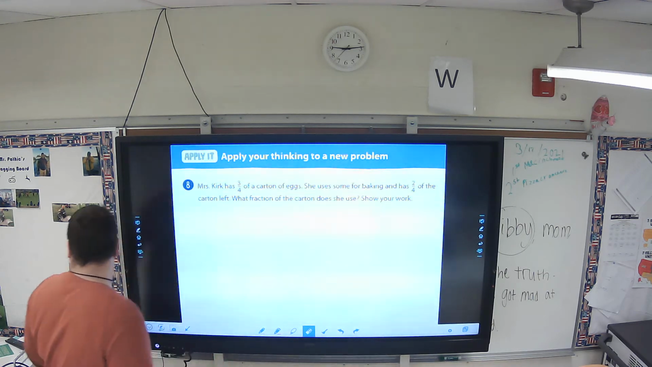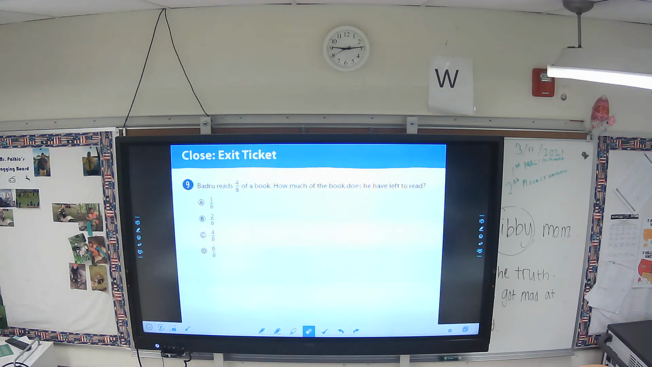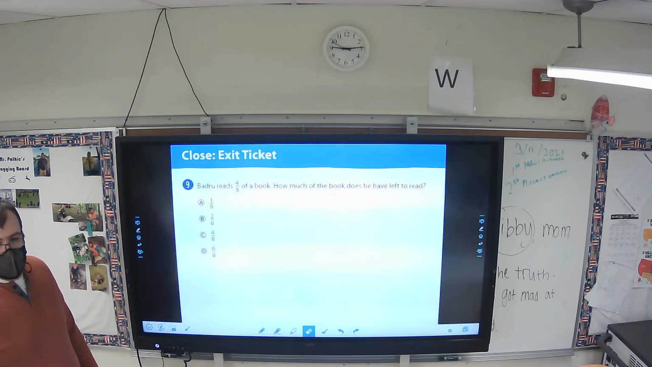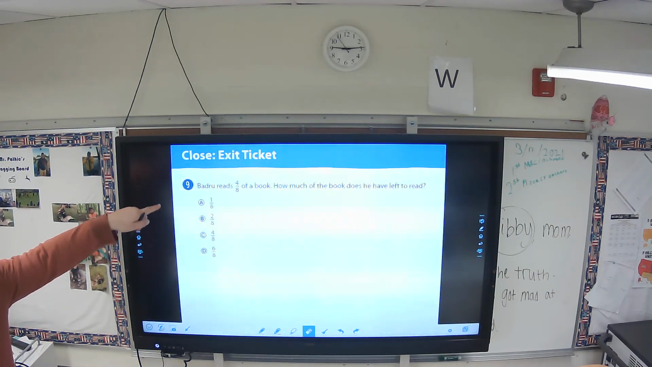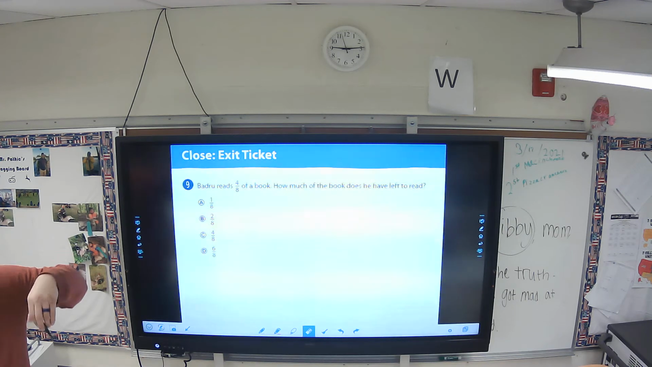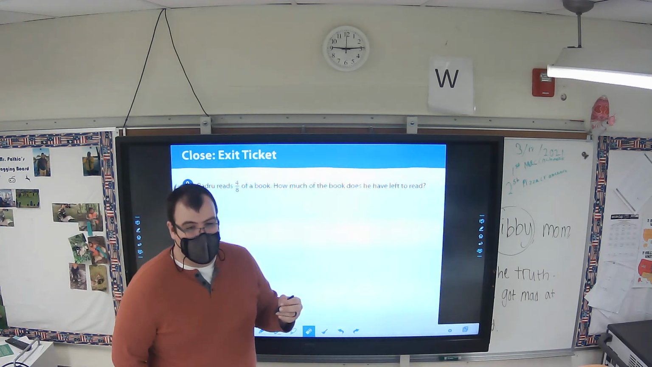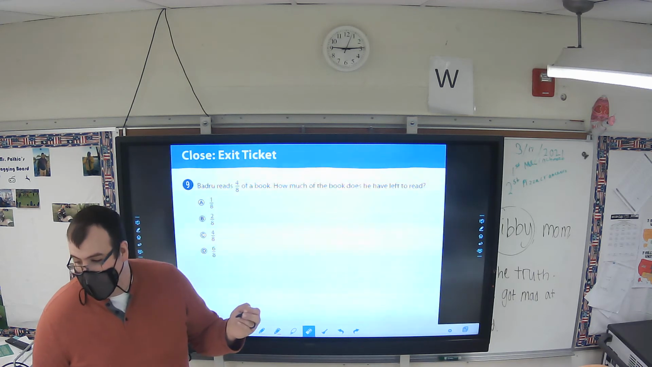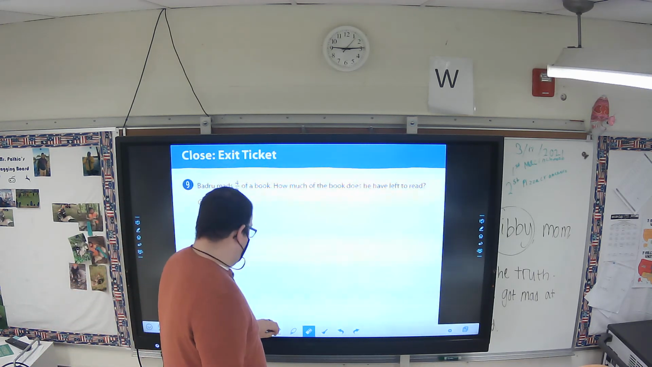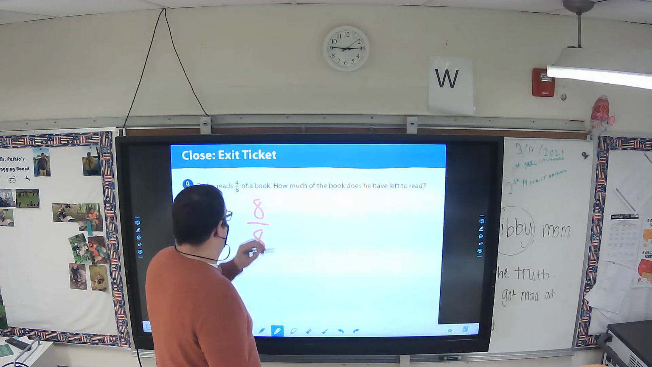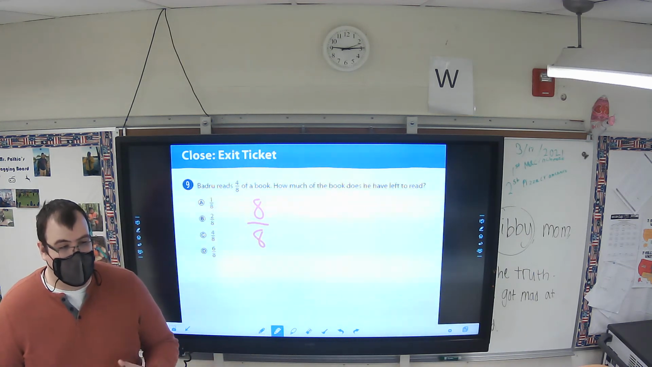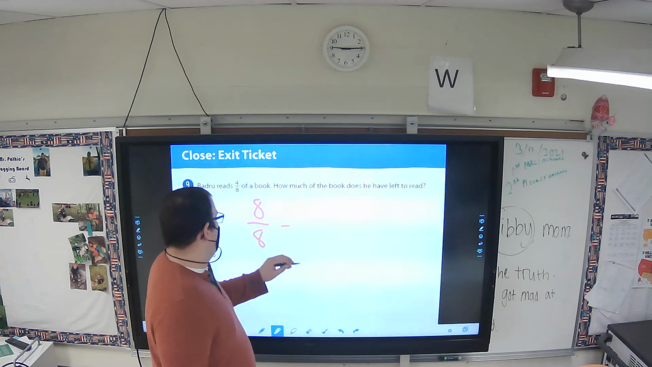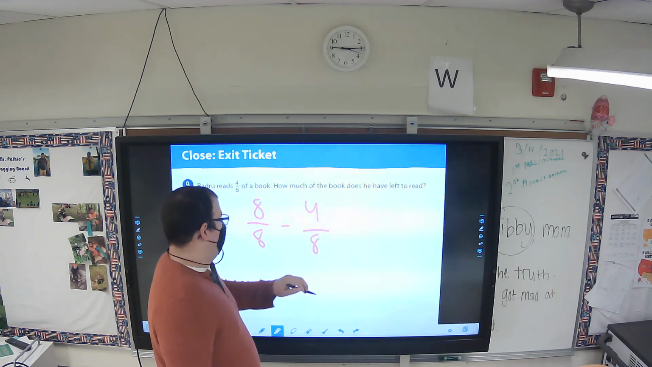This next one makes no sense. Yes, it does. Bad Roo reads 4/8 of a book. How much of the book does he have left? How do we know? There's only one number up there, though. Yeah, 4 plus 4 equals 8, and then he needs to read the whole book. What is the whole? 8 over 8. So the whole is 8 out of 8, right? He's read 4 of those 8s. So 8 out of 8 minus 4 out of 8 equals